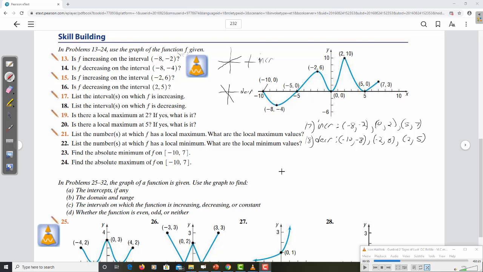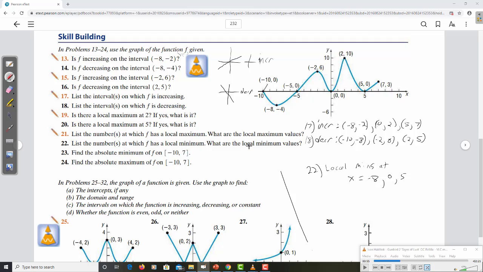So in 22, where it asks where are the local minimums, we would say local mins at x equal, let's see, -8, 0, and 5. And then the value of the local minimum is actually the y value, because remember, when we first